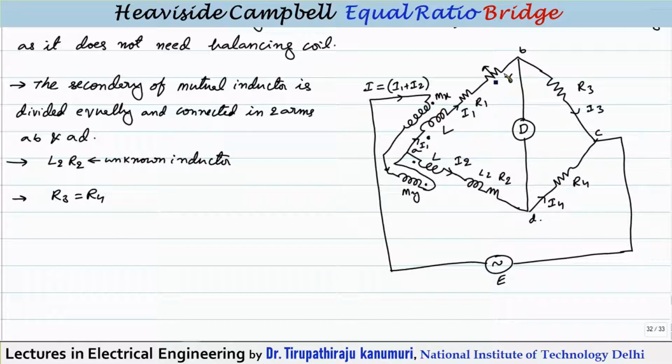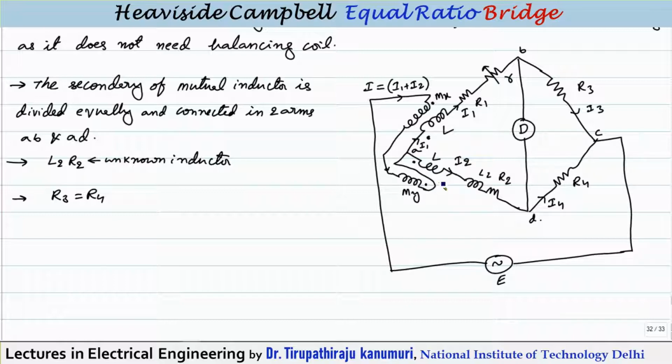Coming to the first coil, the branch connected between A and B will be positively coupled to the primary coil. That means if the current is entering the dot of the primary, current enters the dot of the secondary also. So that's why it is positively coupled. Whereas in the second coil, the coil connected between A and D, there will be negative coupling. That means if the current is entering the dot of the secondary, current is leaving the dot of the primary, or vice versa. That means there will be a negative coupling between them.